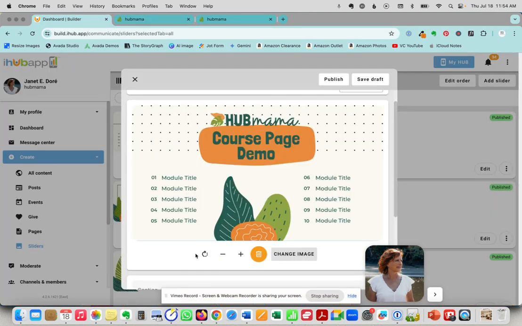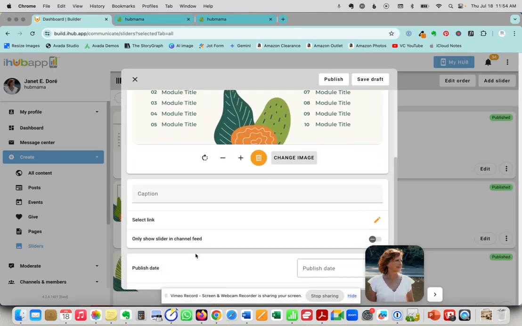Okay, so we've chosen our image. Now we go down here. You have the option of adding a caption on top of that image. Honestly, I rarely use this. I don't find it attractive, but it's there. It's cool to have as an option. Sometimes it might work. And you can just type something into this spot and it will show up on top